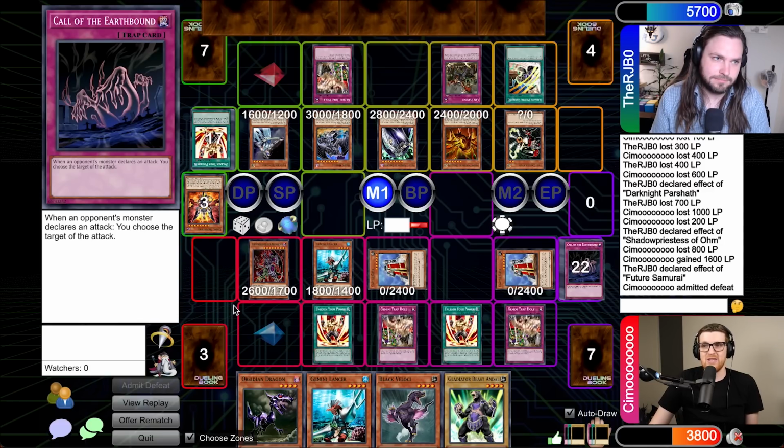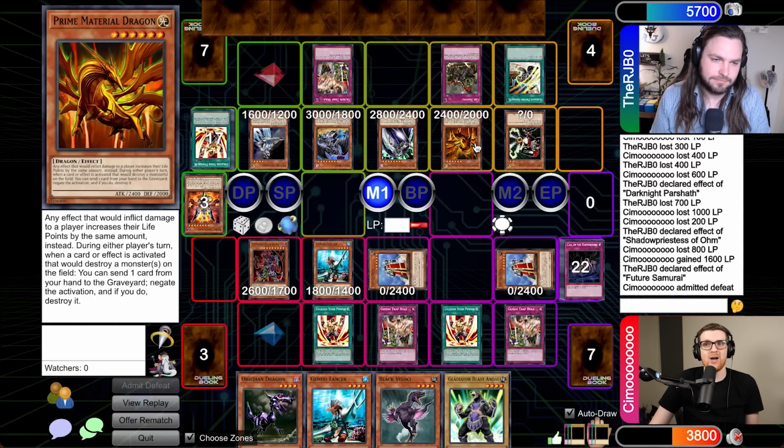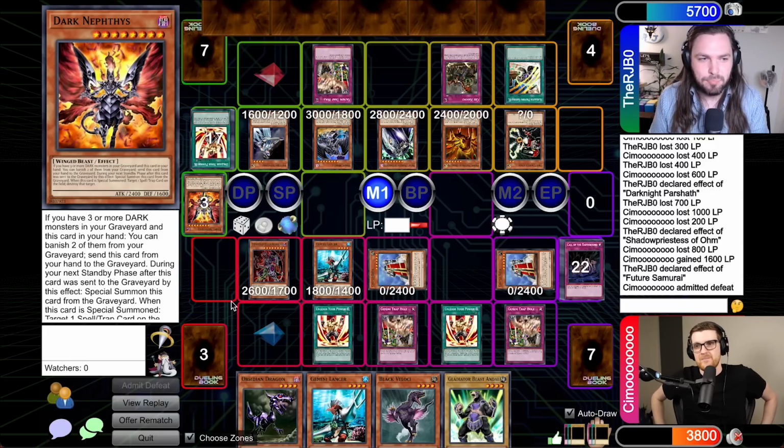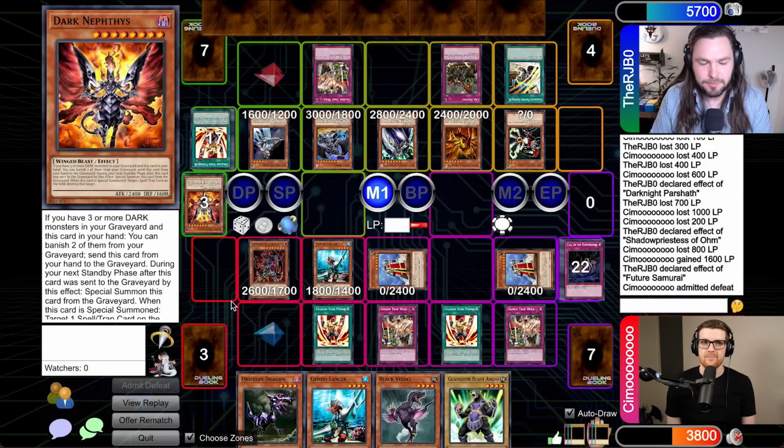But, you know, Belial, Prime Material, and an Ohm on top of it. Just an insane set of pulls on your end. I don't think I was winning this no matter what. Luck, I don't think I properly appreciated my Hollow Luck because I was so zeroed in on